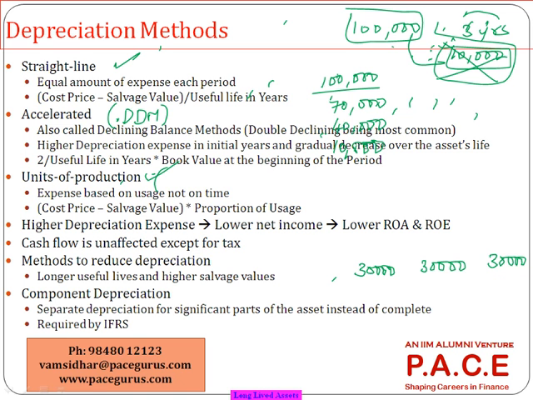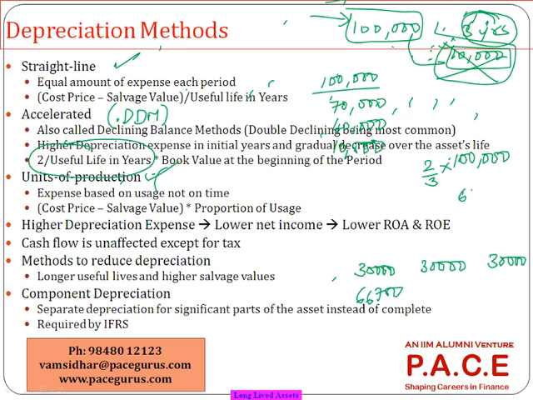Initially this will not be considered at all. Only your purchase price will be considered, right? And we are saying 3 years is the useful life. So what I will do is, I will start with this kind of a formula: 2 by useful life. Useful life is 3 years. 2 by useful life into the cost of the asset, which means almost 66,700 is what is going as a depreciation in the first period itself,